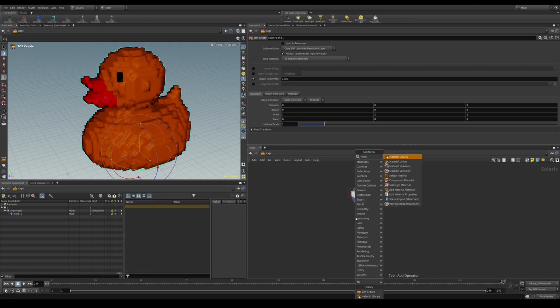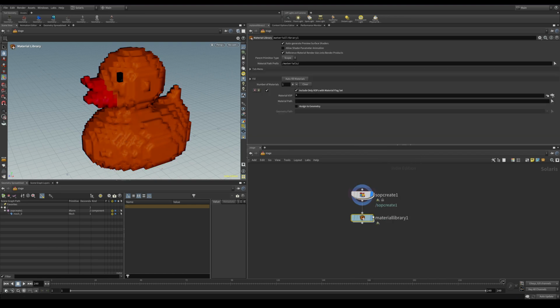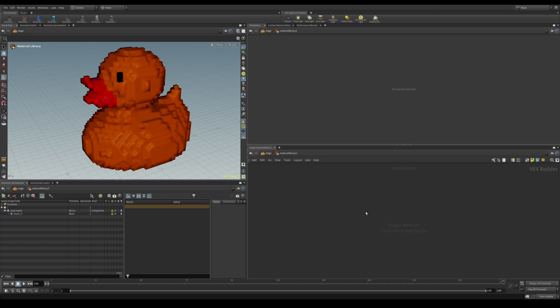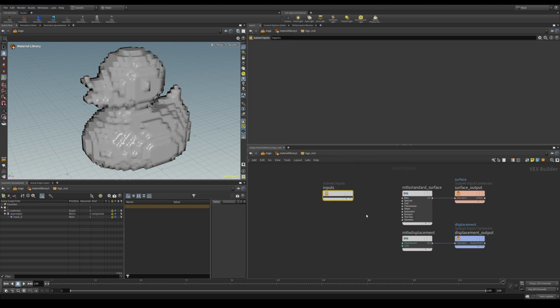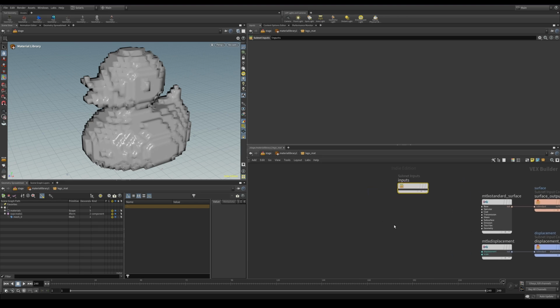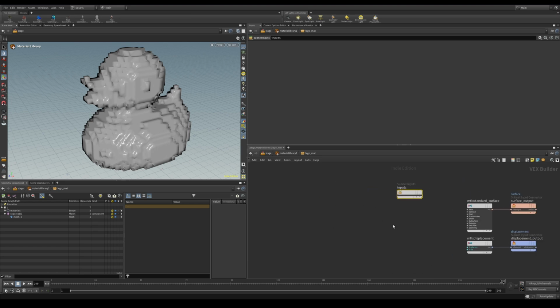So we would need a material library for that. Connect it together. I'm going to turn on assigned geometry, and I'm also going to drag my geometry over to this geometry path field. That way, any material we create inside the material library will actually get assigned to this geometry. Let's dive inside, and I'm going to create a MaterialX builder node. I'm going to call this the Lego material. And let's start by creating the setup for our studs.